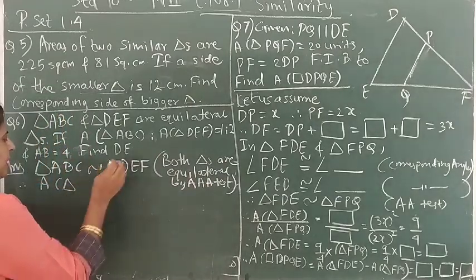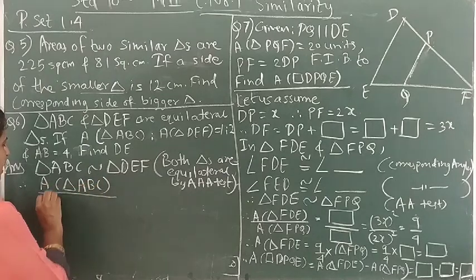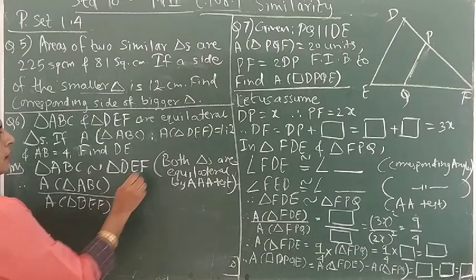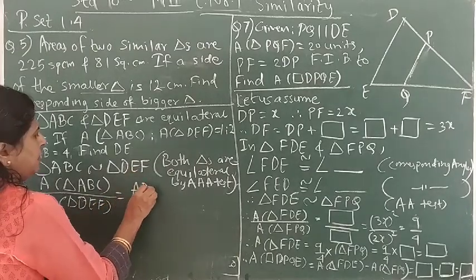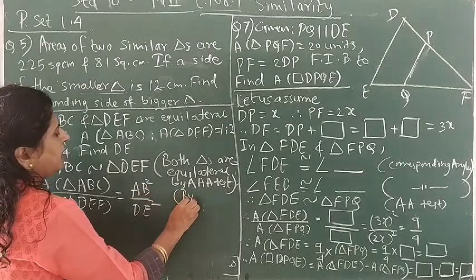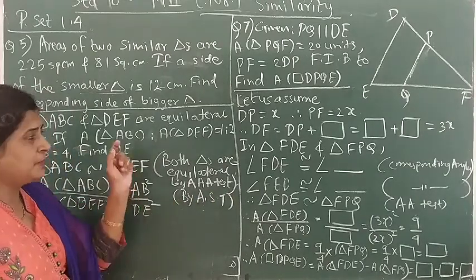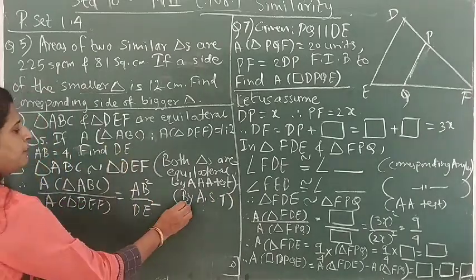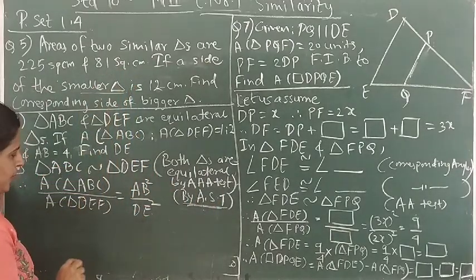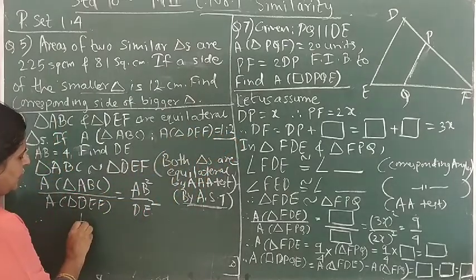Now using the area of similar triangles, area of triangle ABC upon area of triangle DEF is equal to their corresponding sides AB and DE, we have to take the ratio of squares. Here, by area of similar triangles theorem, this I have forgotten to write in the first question, please write this. This reasoning is important, which we have not mentioned in this question while solving. Now this ratio is given to us, it is 1:2. So this is 1 upon 2.